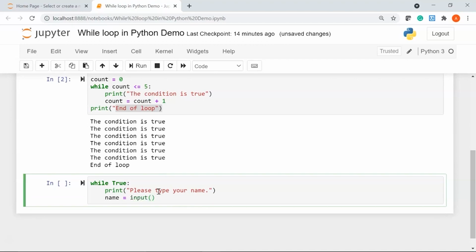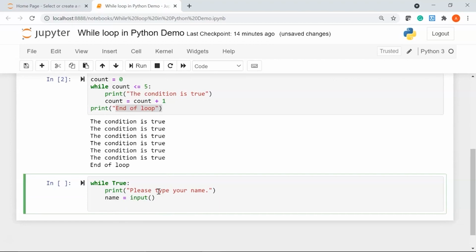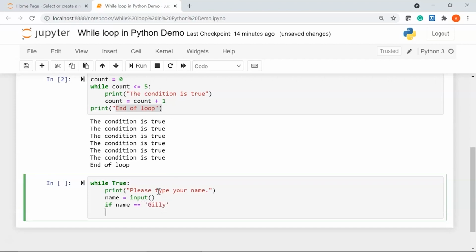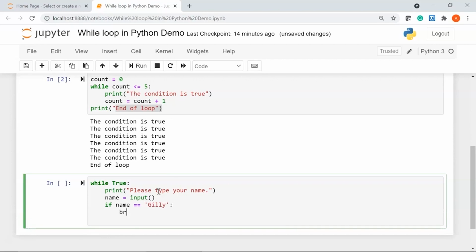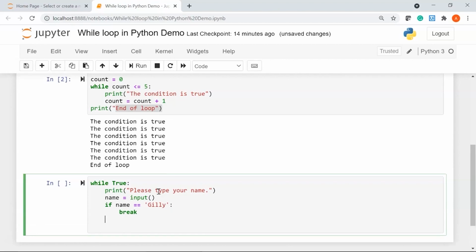So I am specifying the input function. I'm going to check if my name is equal to, let's say, Gilly. Then I should give a colon here. I'll break out of the loop and then print "thank you, you typed the correct name".